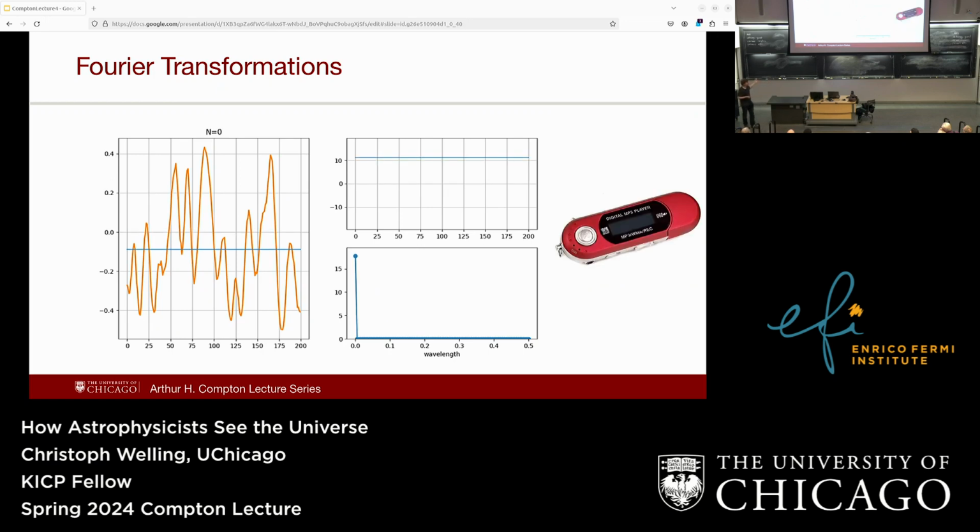And this is actually something that we use pretty much every day. Back when I was a teenager, the really cool thing to have was an MP3 player, because you could store like 20 songs on it, which was amazing at the time. The reason you could do that is that after a while, this doesn't really change much. If you look at the amplitudes of these wavelengths after here, they really don't matter much. So instead of storing all these waves I have to add up, I just pick the most important ones, and the rest I leave out.